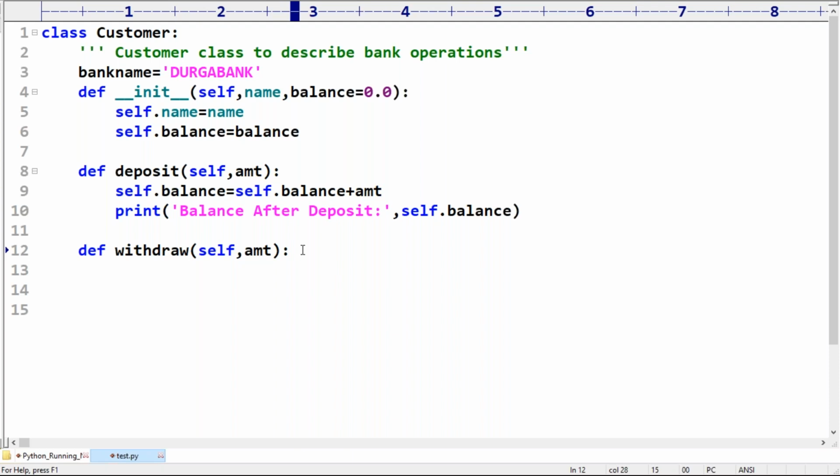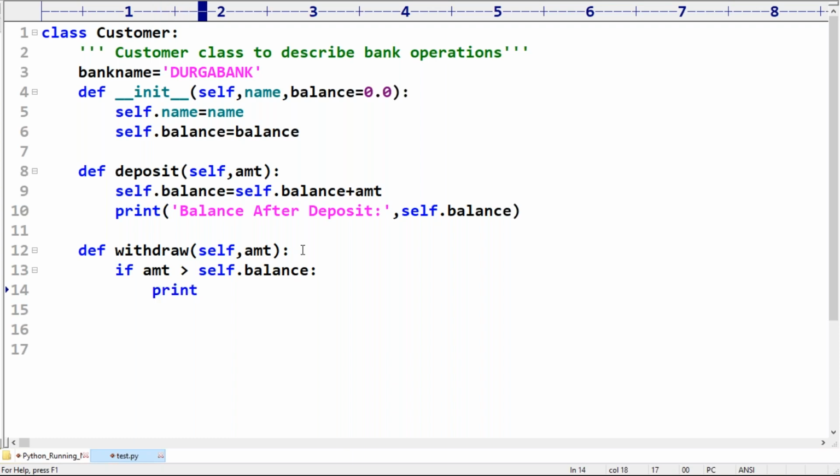Now, if amount is greater than self.balance, can you please tell what I have to do? Can I perform this withdraw operation? If the requested amount is greater than the available balance, can I perform this?